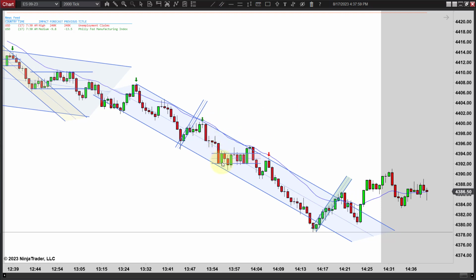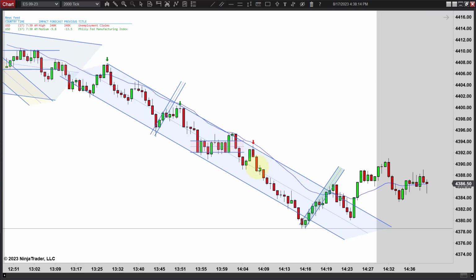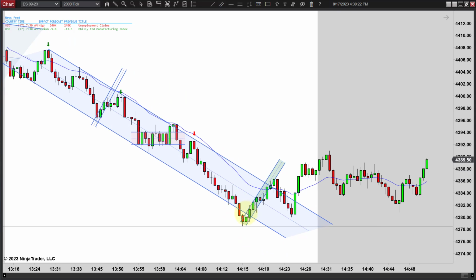Drops on down, and you just start working sideways. No setup here. And then you come back and you get a lower high right here. Because this is so bearish, and again, it's 8 ticks, I like going short there. You just need to have room to get out before this little 2-bar matching low. It didn't end up mattering, and it looks like you kind of get an overshoot here, and you work back up,